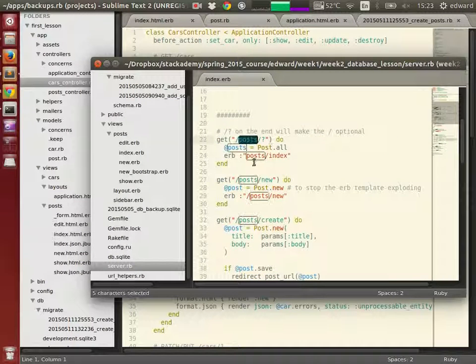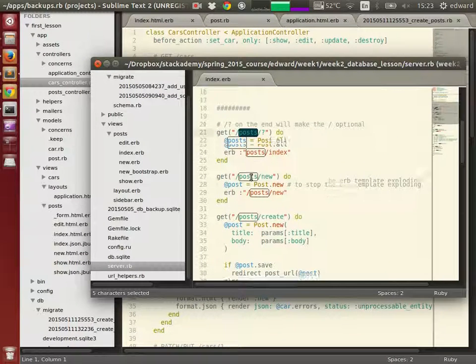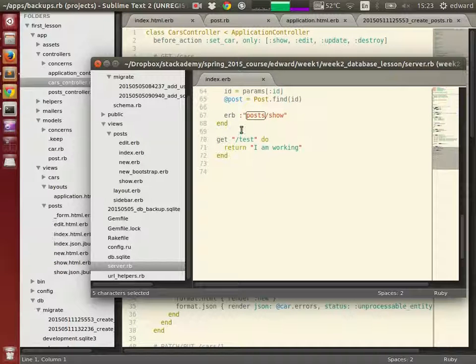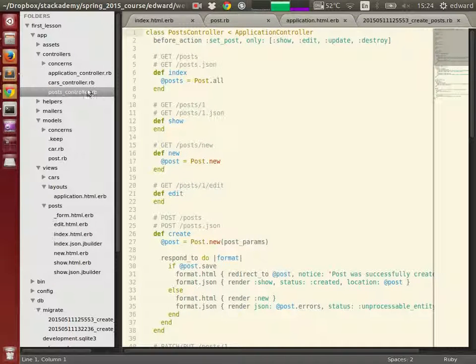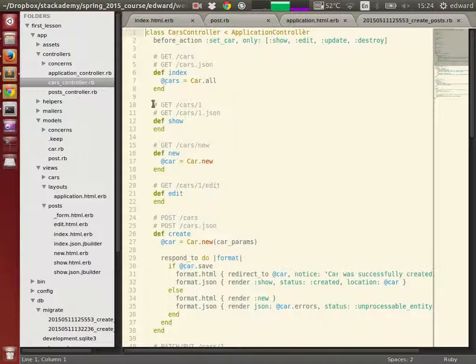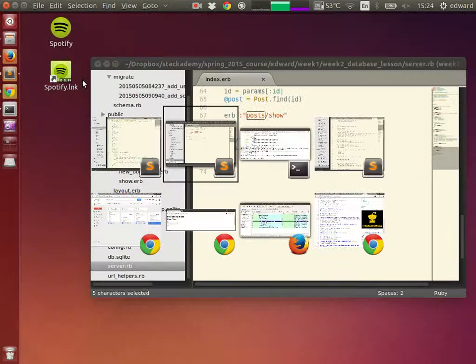So if we had get posts, but then we also had comments, we would just have get comments down here, and if we had pictures, we'd have get pictures. So basically the bigger the site gets, the more everything goes in there. Controllers is the same thing, but now it's split. So I just made a cars controller, and so now the posts index, show, new, edit go into the posts controller, and the cars index, show, new, edit go into the cars controller. So it's that same